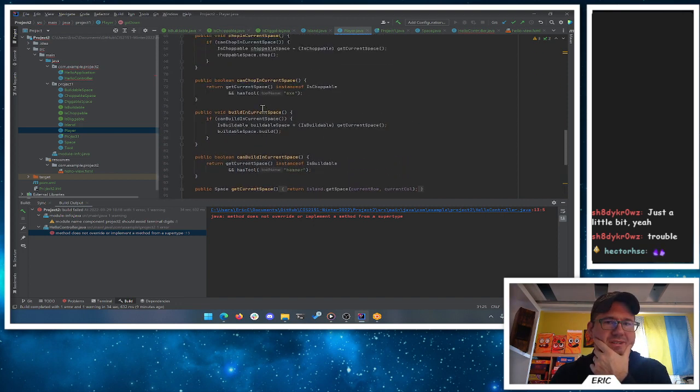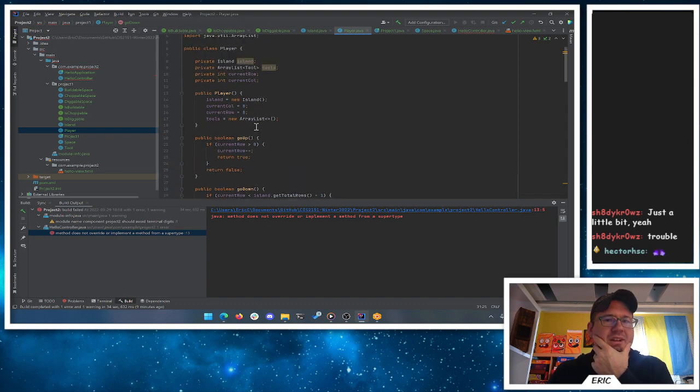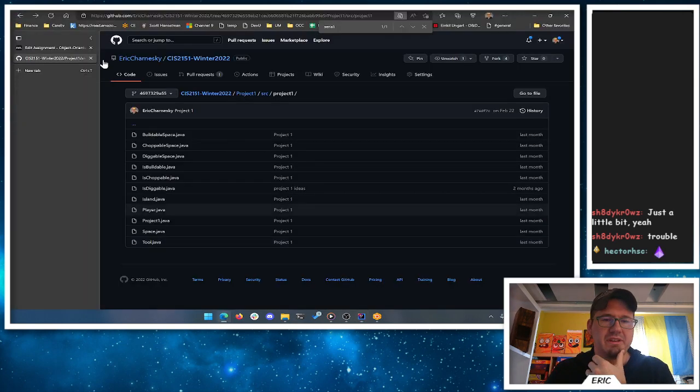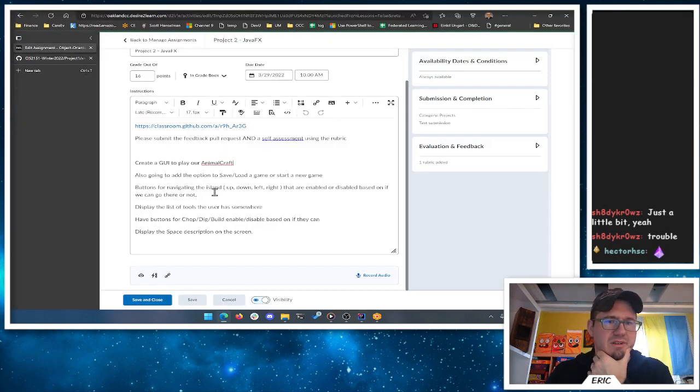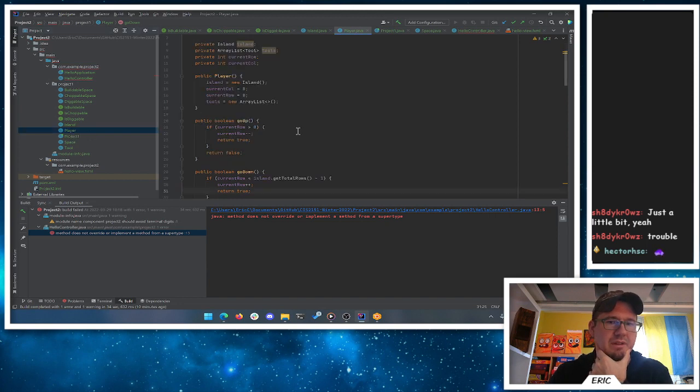That's okay. What do we want to do instead? So I wanted to turn those buttons off. The idea was that we were going to enable or disable whether or not we can go there. So maybe we just need to update player a little bit. We can update player a little bit, and we'll add some